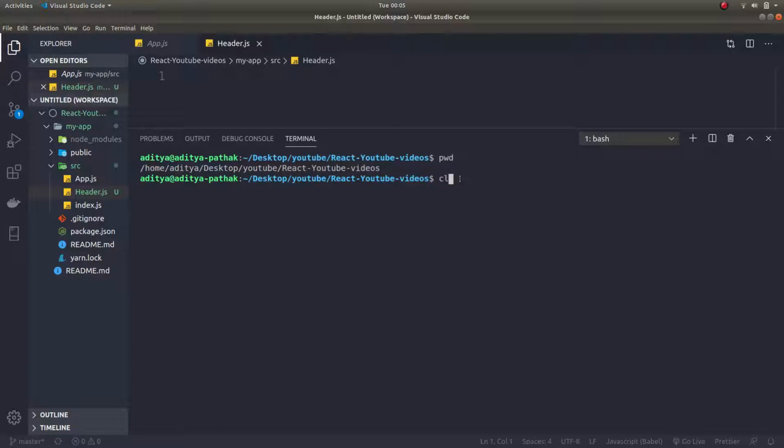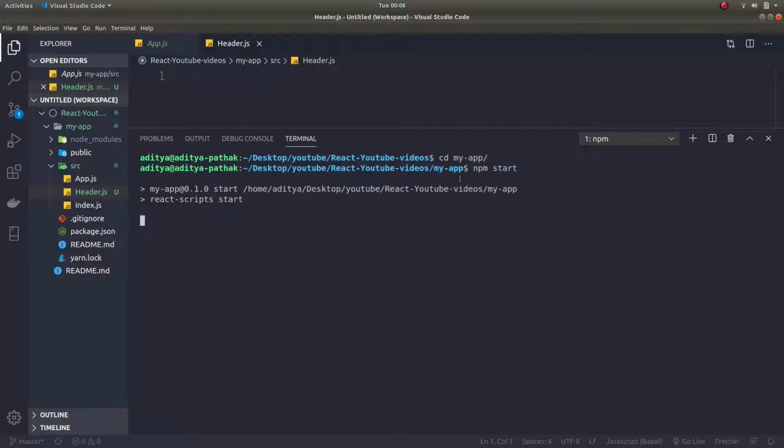So I want to just launch my app in the browser. So I have to go to that folder, cd my app, and here I can give the command npm start. So now the development server will start. You can see it here.